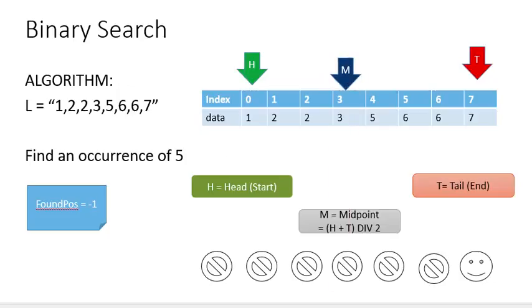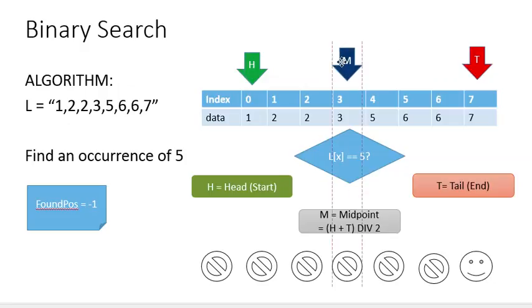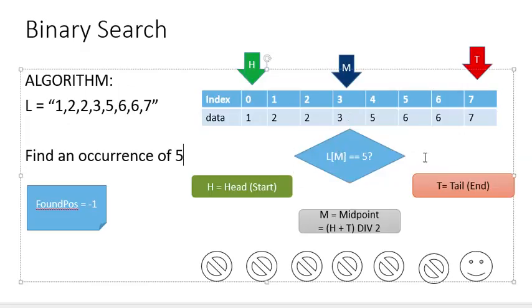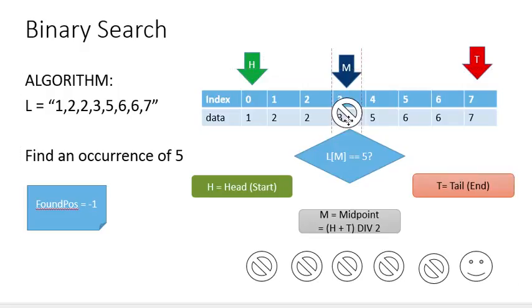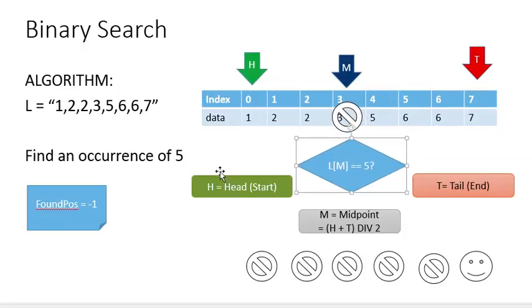And again, as before, I'm answering the question, sort of like the linear search, but instead of asking is Lx, I'm now going to ask, is Lm equal to 5? Lm is in fact equal to 3, so it does not. So I have a fail, but unlike the linear search, I can now use the fact that this is a sorted list, so I can automatically do a whole bunch of cool stuff. I know that the number I'm looking for is 5, and I know that 3 is less than 5, which means